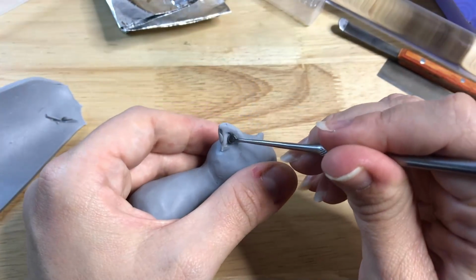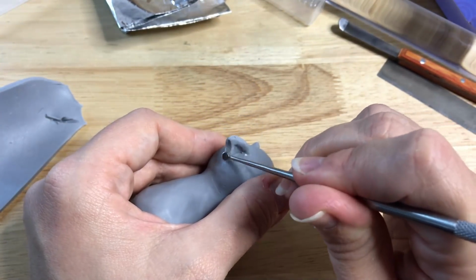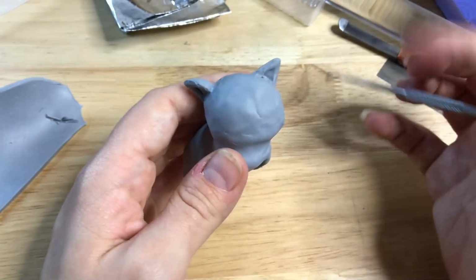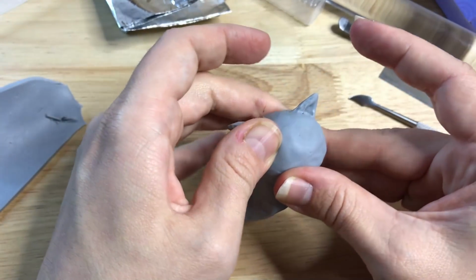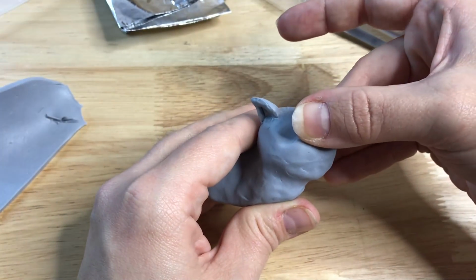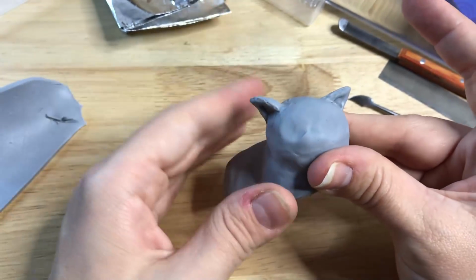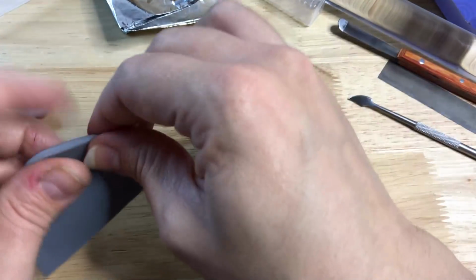And it doesn't need to be all completely smooth. I'm just working away the worst textures. There we have it. His ears are on. Those two eyes are somewhere there. His nose goes forward. Somewhere there. He has a bit of a forehead, so...